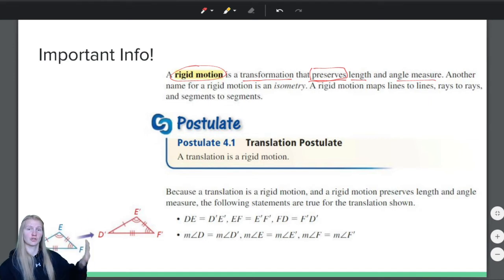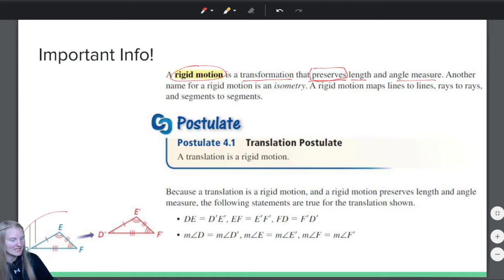If I want to preserve this family heirloom, I am keeping it in the shape that it is when I got it. So, I am preserving length and angle measure. I am not changing length and angle measure. Notice, in the picture I am covering up right now,